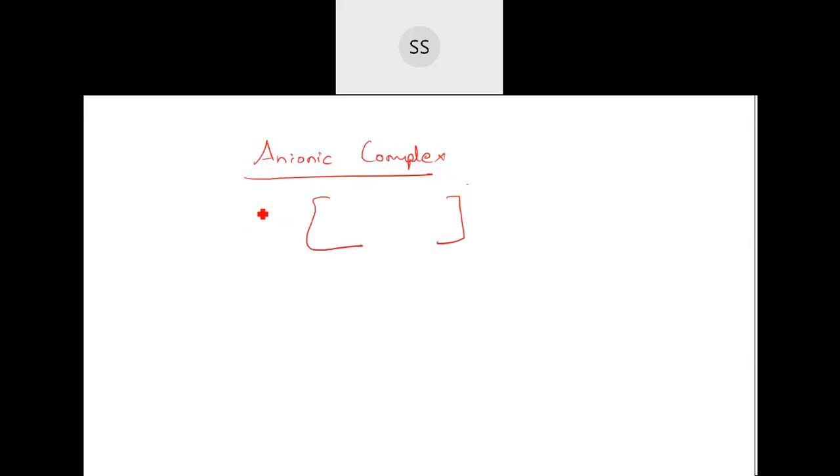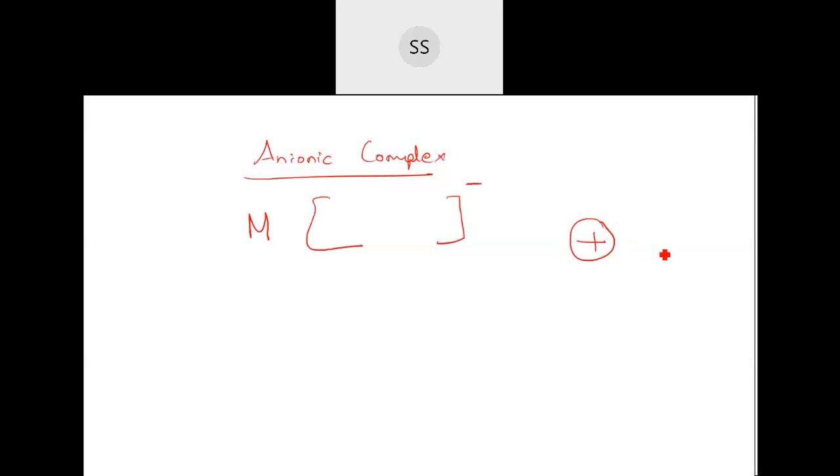So you will see one element present over here, that will be the counter ion. You will find one metal present initially. For an anionic complex this is a change, because the complex carries a negative charge, so it will be set afterwards. Before that you will find a counter ion present on this side. So here also, first you have to name the cation, then you have to name the anion part. Follow that order. The order is similar, but the only thing is here you have one counter ion present first, that has to be named.